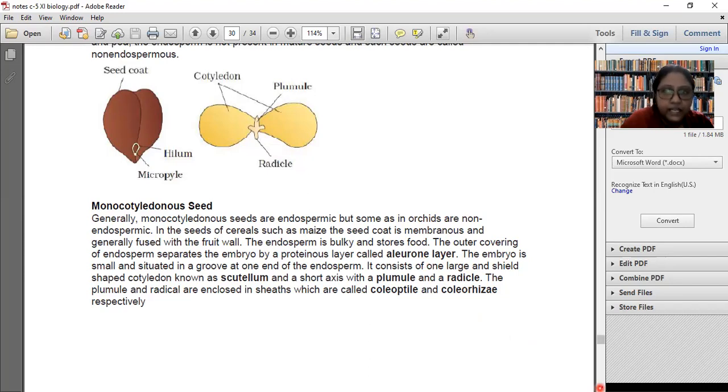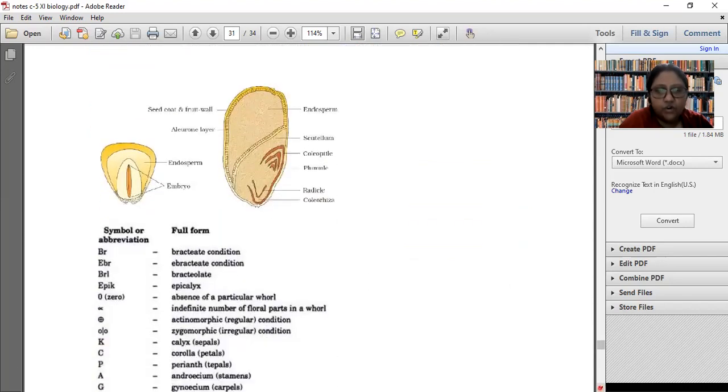So it can also come as a 2-marker question, what is the difference between the dicot and monocot seed. So you can see this is the seed coat, this is the aleurone layer which is made up of protein, this is the endosperm, this is scutellum. And you can see that the radicle has coleorhiza and the plumule has coleoptile. Okay, so that is about the